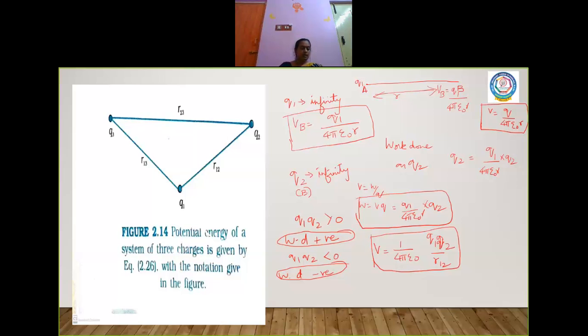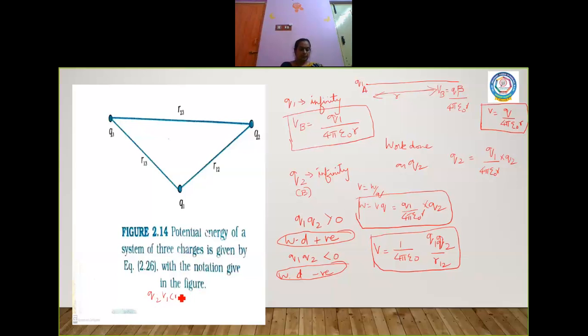Okay, so I need to calculate the potential energy of a system of three charges. Now the three charges are located at three different points, R1, R2, R3 respectively. So what is the work done? When I wanted to bring charge Q1 from infinity, no work is done. Now I am going to bring charge Q2 from infinity. Now this time I will have Q2